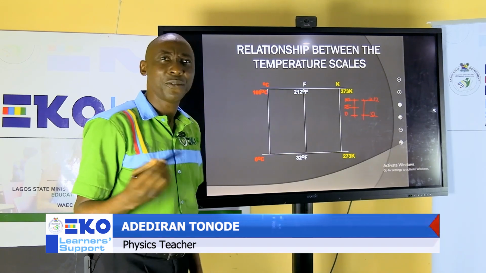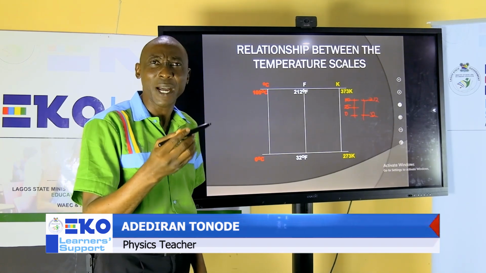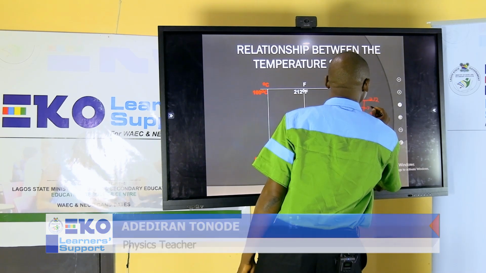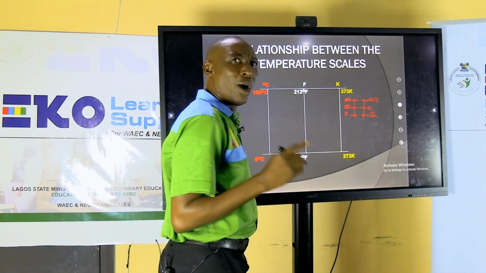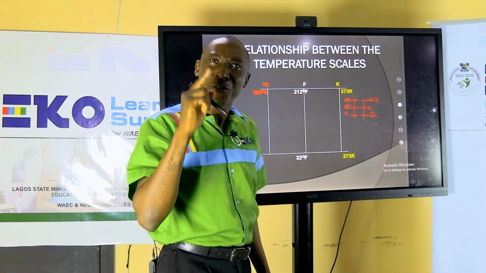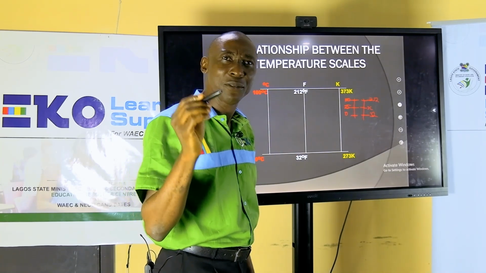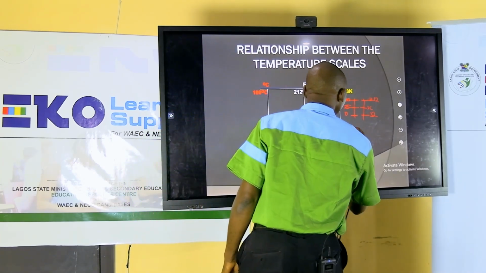Now we are looking for what is the Fahrenheit corresponding value. I don't know, so I will put X or Y. Let me put X there. In other words, I will now work on what I taught you: the fundamental interval. That's the difference between upper and lower fixed point. So I'll move on. 100